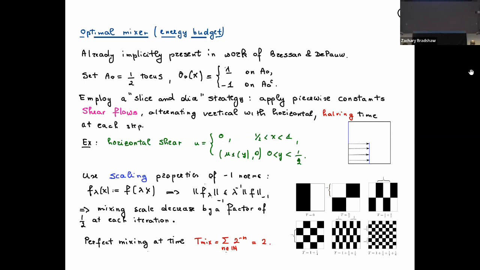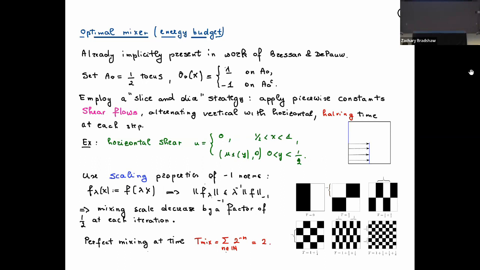Now, keep in mind, we are not rescaling the torus. Okay, so this is not the same rescaling that you would have in the whole space. So the size of the box is the same. And so, first of all, you see immediately that if you run this algorithm infinitely many times, of course, you will drive the H^-1 norm to 0. Okay, you drive it with a factor of 2^-n. Right? But at what times? Well, the perfect mixing will happen exactly at the time which is the sum of this geometric series, and so it's time 2. Okay, so you have driven the H^-1 norm to 0 exactly at time 2.